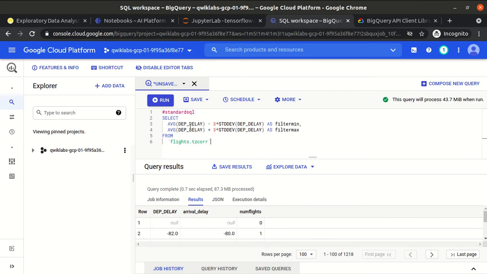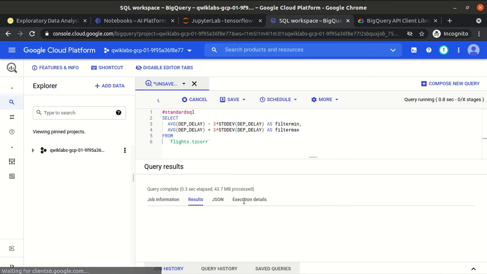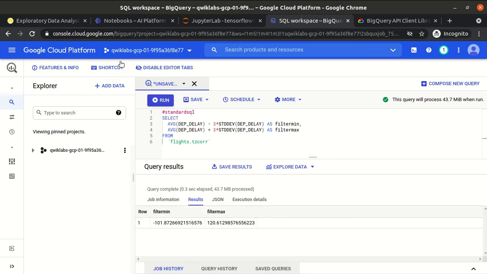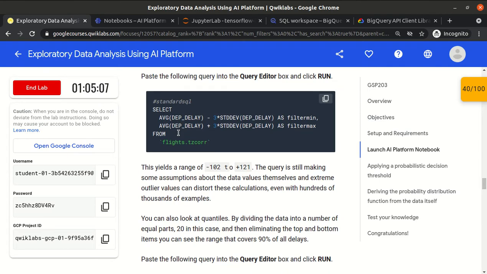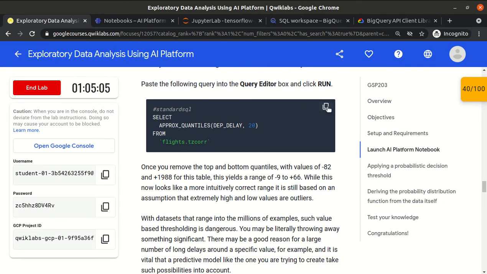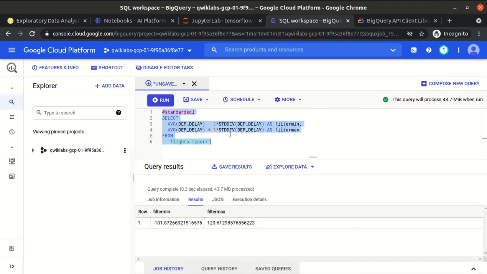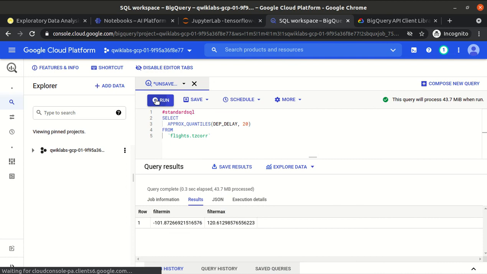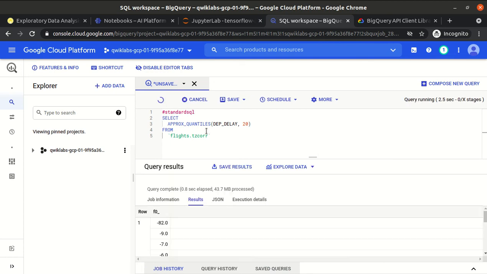So they are finding the average delay, then calculating the standard deviation, taking 3 times the standard deviation, then subtracting those values and storing them as filter minimum and filter maximum. Yeah, approx quantiles.